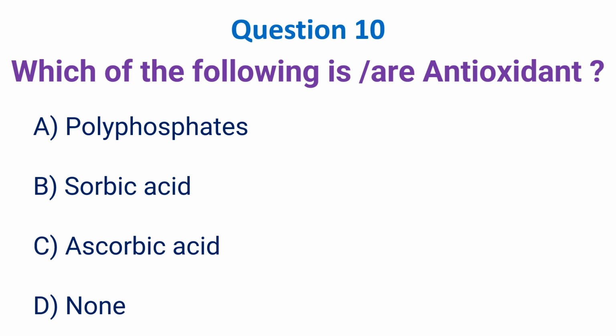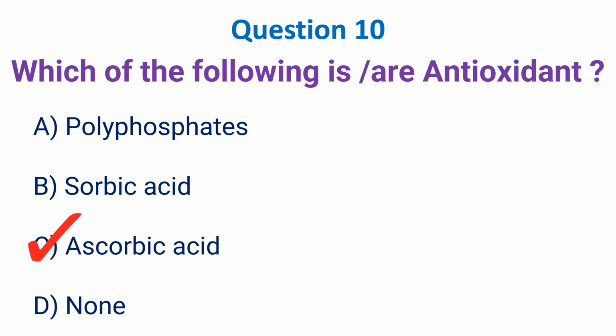Question number 10. Which of the following is or are antioxidant? Options are option A polyphosphate, option B sorbic acid, option C ascorbic acid, option D none. Correct answer is option C ascorbic acid. The ascorbic acid is a pure antioxidant. It is also known as vitamin C, whereas polyphosphates are water treatment agents and sorbic acid is a